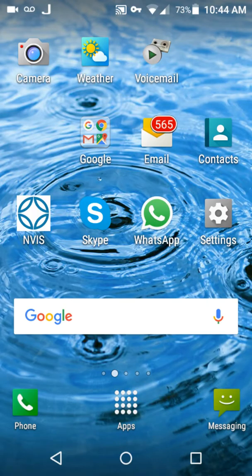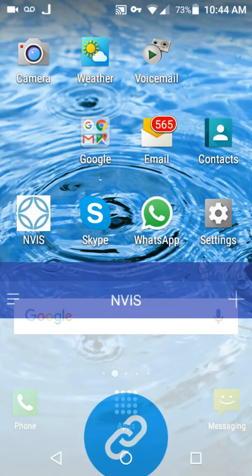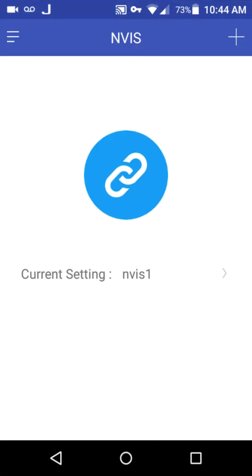Okay, I'm going to show a quick demo of the Android NVIS app. I'm going to press the icon here. You'll notice that it says it's connected. I'm going to disconnect right now just to show that the connection's already configured, but right now there's a current setting on it, and the settings are created by pushing this little